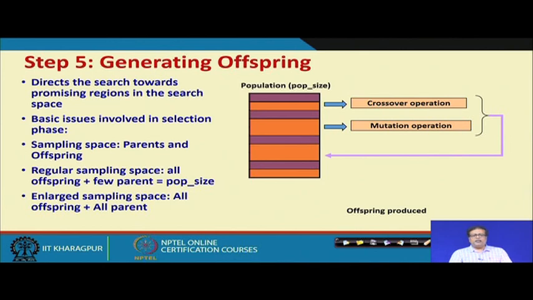So, you see what really happens is that we have a population. That population, through crossover and mutation, some of the population changes, and the remaining population we can keep maybe as it is. Suppose we assume to do it like this: either we create the new population only through offsprings, or we select some of the population, keep the remaining population unchanged, and that population through crossover and mutation, we make a change.